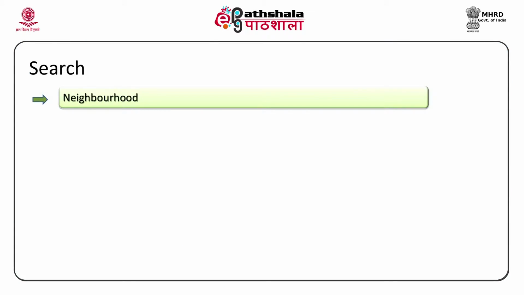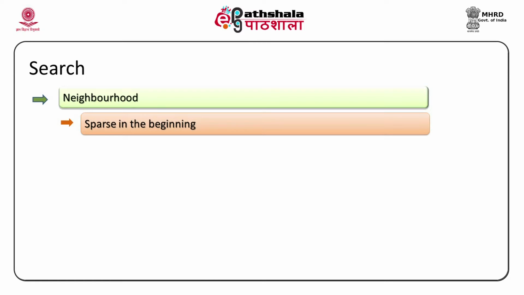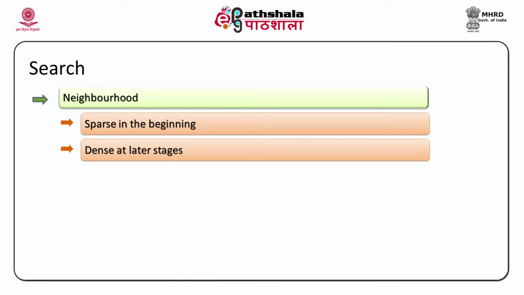That, in case of heuristic value being more in the latter case, is called hill climbing. In case of being decreased for a good move, this is called valley descending, but okay, these are our choice of words basically, but otherwise it is the same. Okay. So, the neighborhood, I have already told you that in most cases you use sparse neighborhood in the beginning and then dense at later stages.